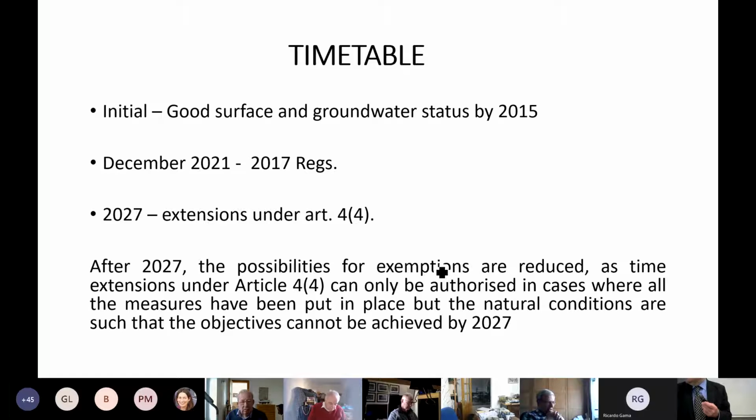And obviously, there are going to be a lot of discussions about what that new timetable should be. But as a lawyer, I would suggest it should be a realistic timetable. There's nothing worse for a lawyer than having a timetable that is not going to be achieved, because then the law doesn't look effective. But that's just my view. But anyway, there will have to be some form of new timetable.